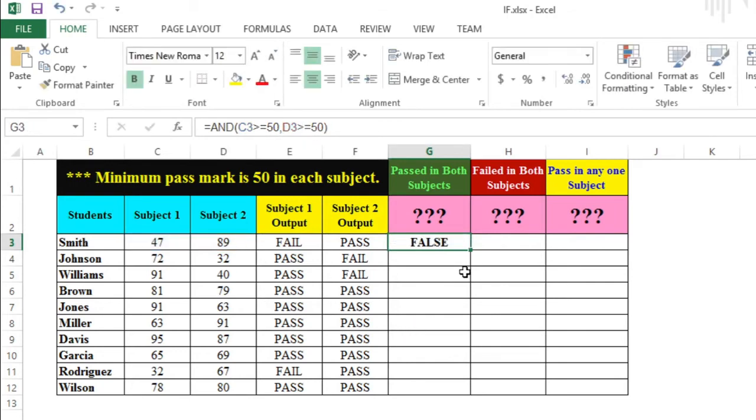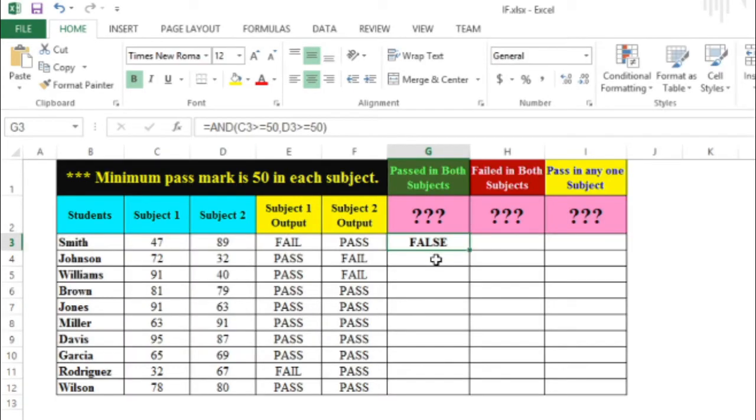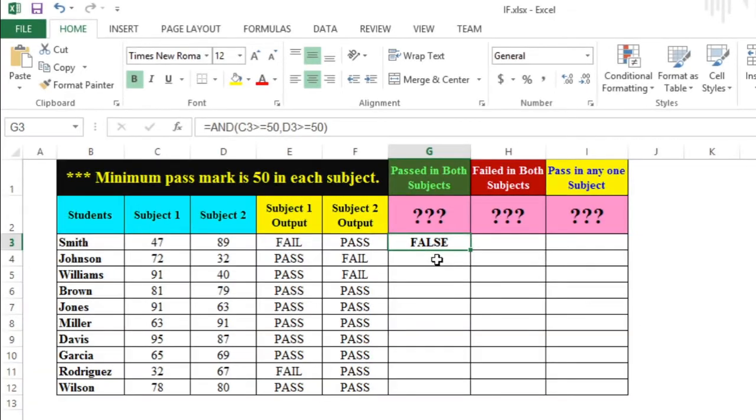In this case, the AND function returns false for the first logical test but true for the second logical test. Smith did not pass both the subjects. But we know that AND function will return true if all the arguments or logical tests return true. Let's change the value of C3. Put 51. G3 output changed from false to true.